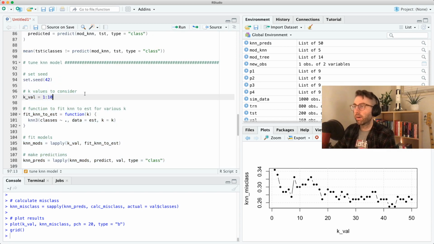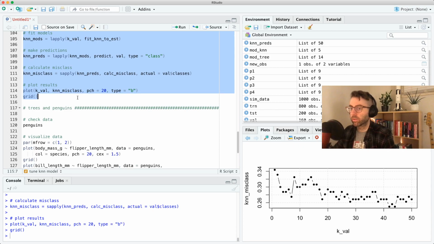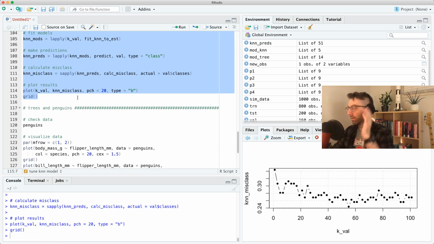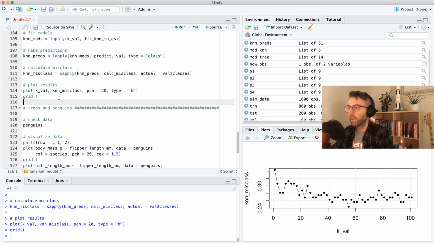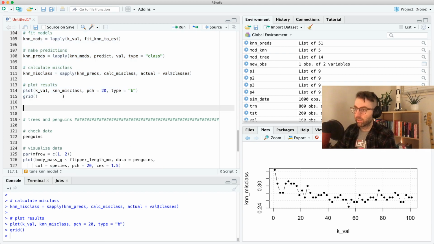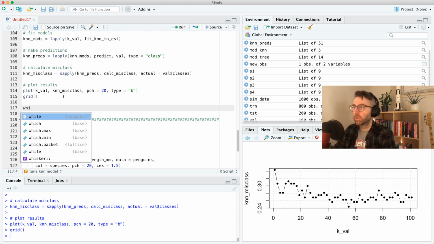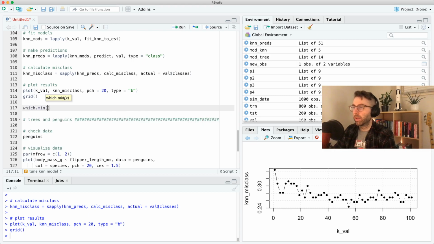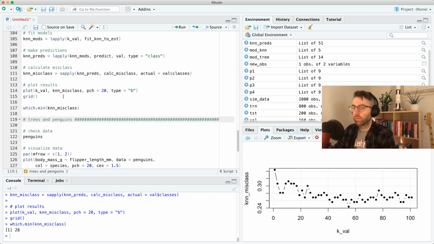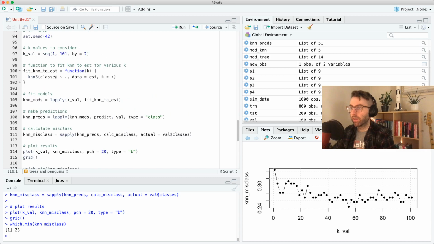100 should do it. Wow, let's do this. Let's do a sequence from 1 to 101 by 2, just so there's not so many, so we don't have to get super specific here. Okay, fine. And it looks to me like this would be the best. So we want to say something like which.min of knn_misclass. So the 28th k value that we tried was the best one,